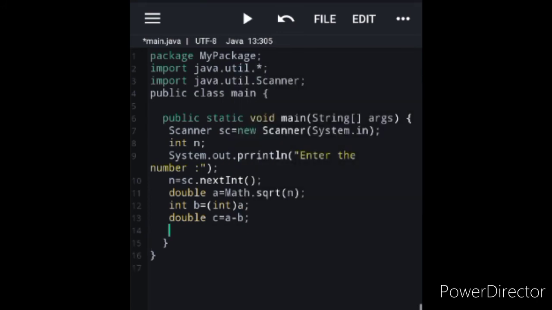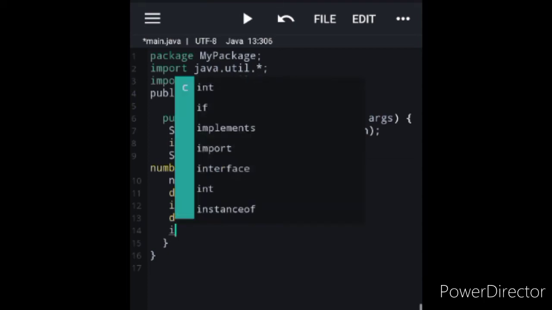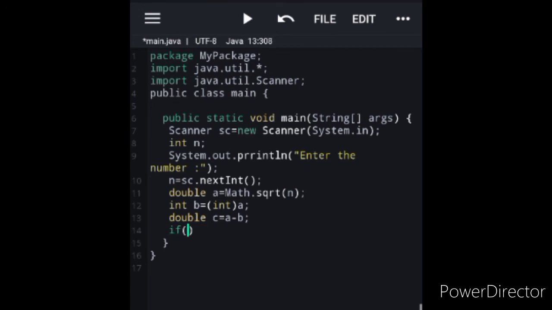So if it was a perfect square, a and b both would be same, but if it is not a perfect square, a would be in decimal, b would be in integer. So I'll find out the difference, and if this difference is equal to 0, that is c is equal to 0,